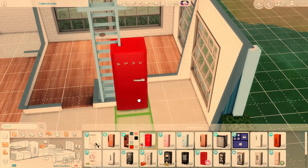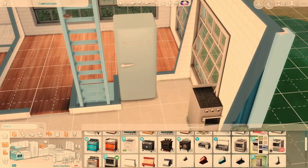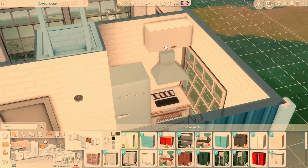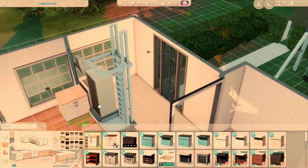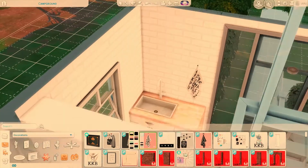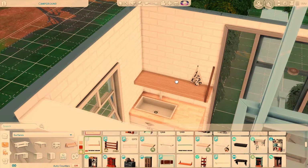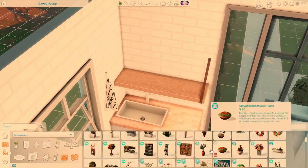It's a relatively small kitchen, which is fine considering I was thinking that this was a rental lot anyways. And you're probably going to cook on your vacation maybe, but I don't know. I think a small kitchen's more acceptable for a rental lot than for a home. Putting in the counters, a sink, some decorations. Just going to decorate this a little bit, putting in a shelf to load up some dishes and plates